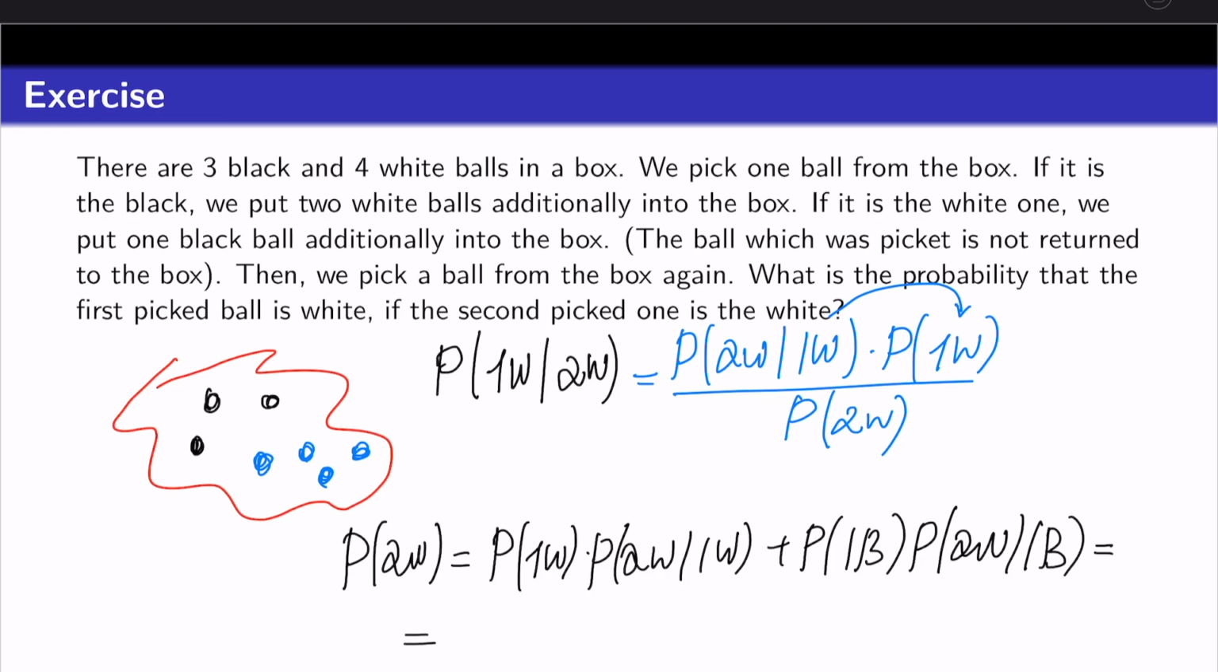Okay, so what is the probability of choosing the first one as a white? 4/7, right? There are 4 whites and 7 balls in total. If the first one is white, what is the probability of choosing the second one as a white? 3/7. Okay, so plus, what is the probability of choosing the first one as a black? 3/7, right? And if the first one is black, what is the probability of choosing the second as white? 6/8,